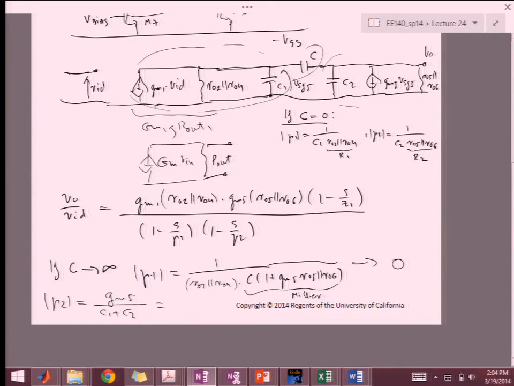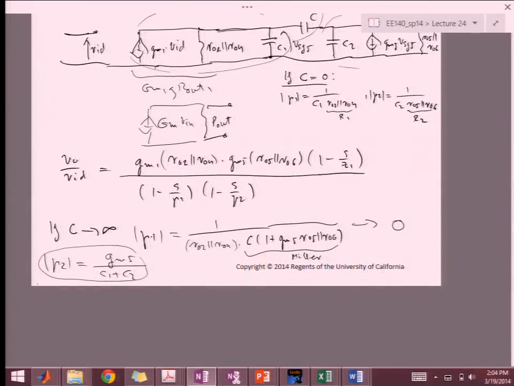And yeah, that's that. So if we take a look at this P2 versus